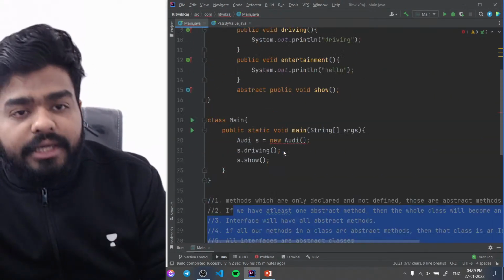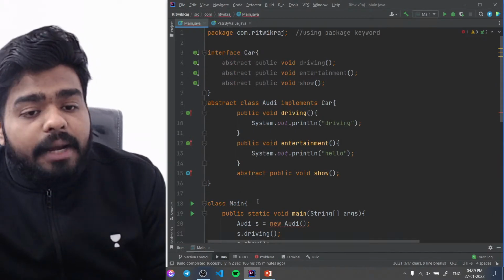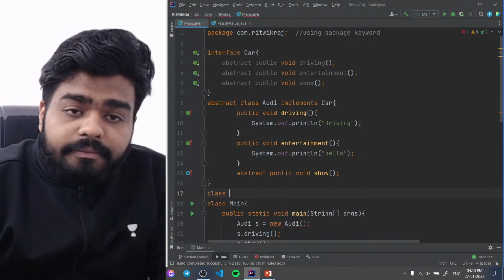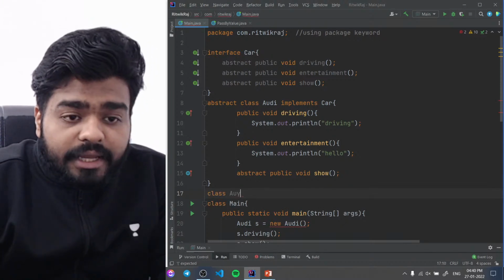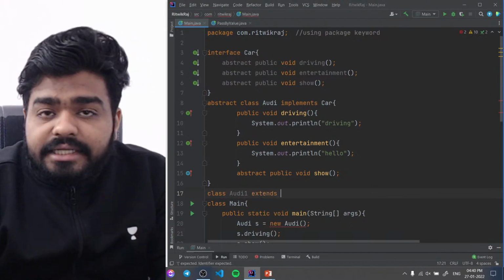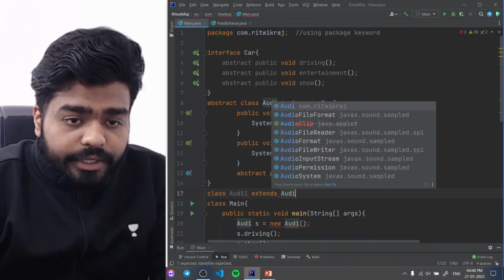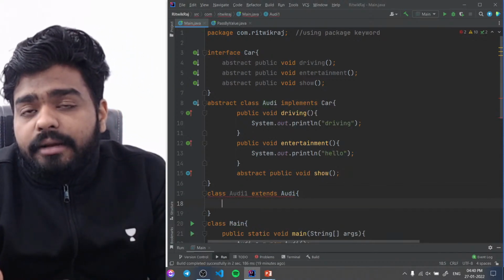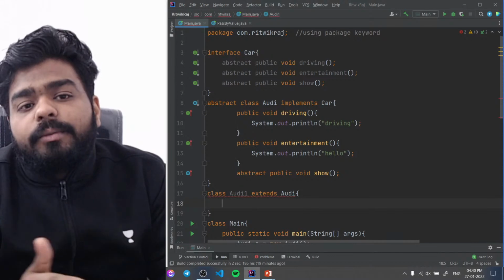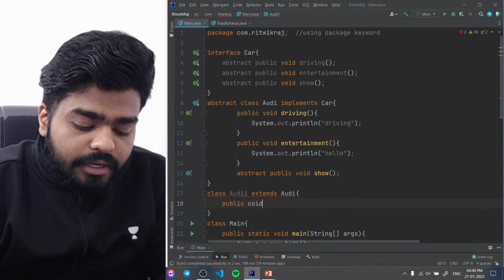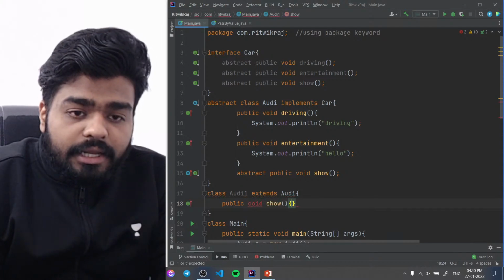मैंने यहां जो पॉइंट्स लिखा है मैंने उसको फॉलो किया। अब मुझे क्या करना है, अभी भी मैं इसका ऑब्जेक्ट नहीं बना सकता, तो मुझे क्या करना पड़ेगा, एक क्लास लेना पड़ेगा। उस क्लास को मैं नाम दूंगा ऑडी1। अब यहां पे मैं extends लिखूंगा और मैं यहां पे लिख दूंगा ऑडी, और फिर अपने क्लास जो मेरा मेथड है जो अनडिफाइंड है उसको मैं यहां पे डिफाइन करूंगा। So what I will do here is I will write here public, I will write void, I will write show, I will do this,